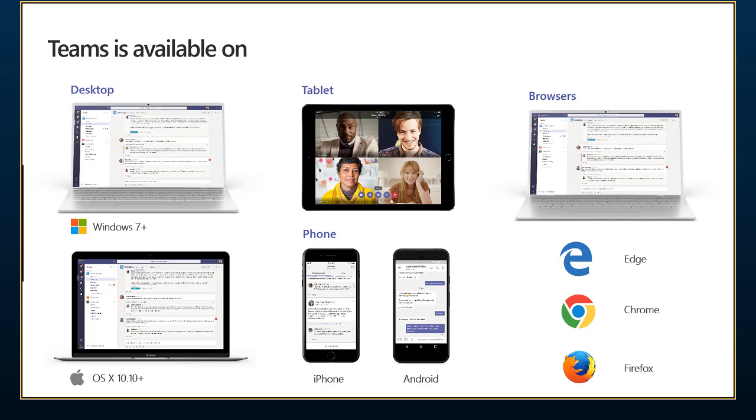If you're listening to this and you want to log in and start your own team, there should be nothing to stop you. If for some reason you can't log in, then that's a conversation you can have with your IT administrator, because they might not have given you the free license you're entitled to. But absolutely, you can go to the iPhone store, you can go to the Google App Store today and then